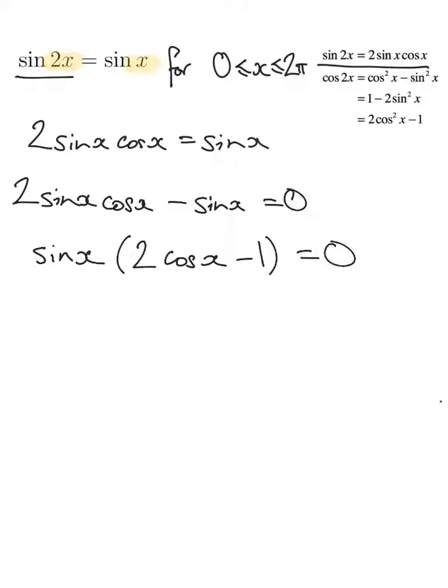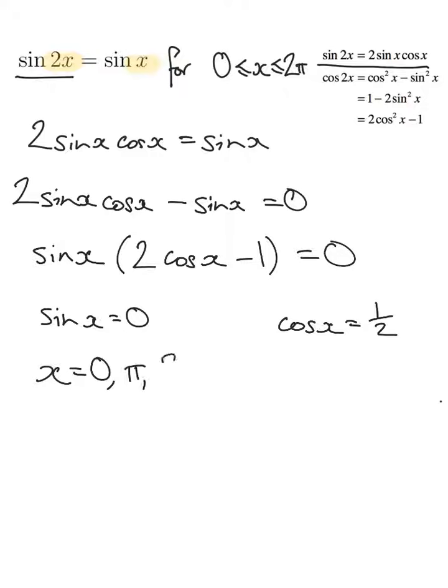That then means that either sin x is equal to 0 or 2 cos x minus 1 is equal to 0, which means that cos x would be equal to a half. Now I'll solve these using the unit circle. So sin x is equal to 0 would mean that x is either equal to 0, pi or 2 pi. And if cos x is equal to a half, that would mean that x is equal to either 60 degrees